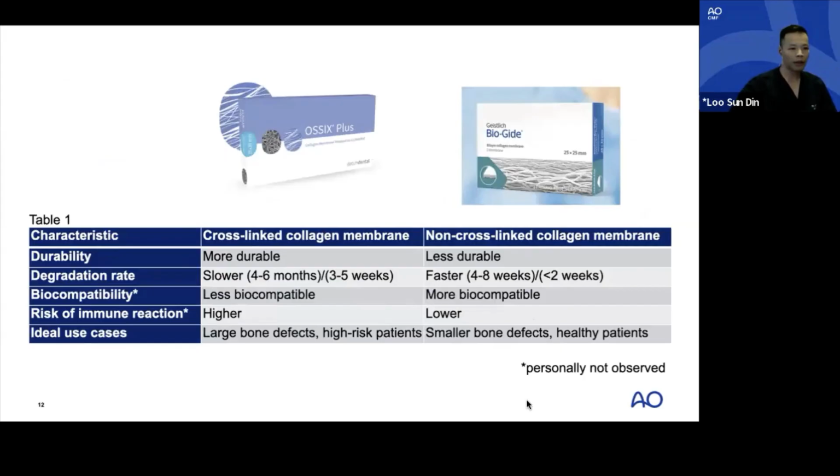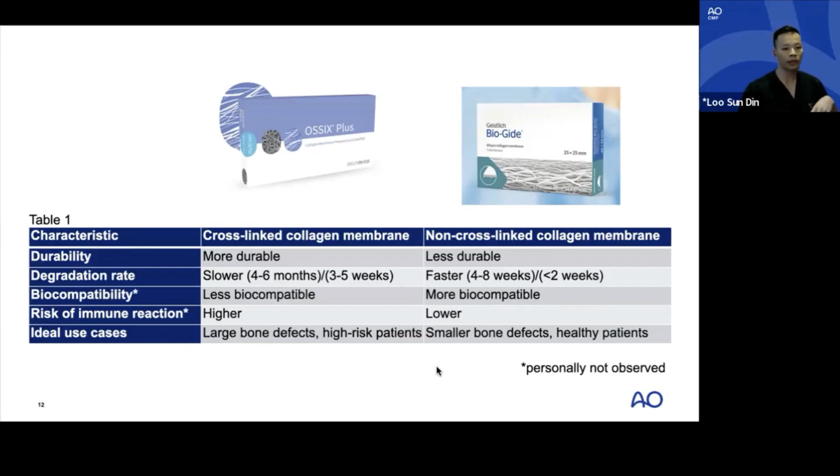If we want to compare cross-link and non-cross-link collagen membrane, I personally love using the cross-link collagen membrane because it's more durable, especially for large augmentation. The degradation time is roughly 4 to 6 months if it's underneath the mucosa. If you have unfortunate wound dehiscence and it is actually exposed, it will at least last 3 to 5 weeks prior